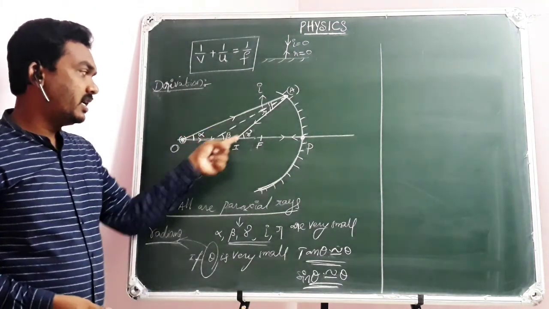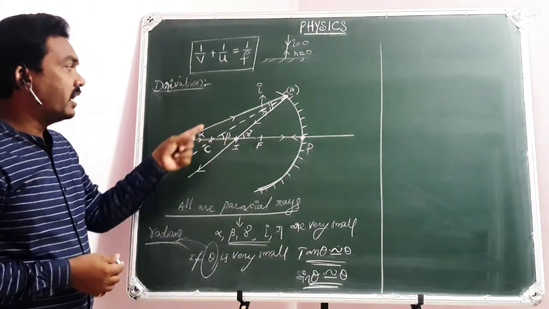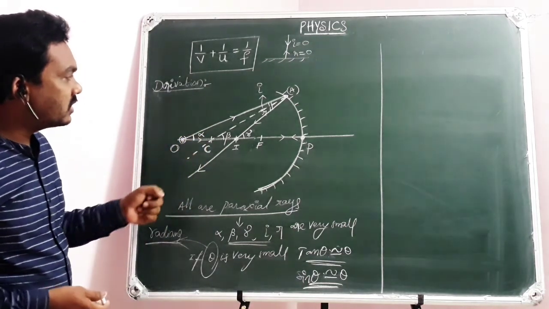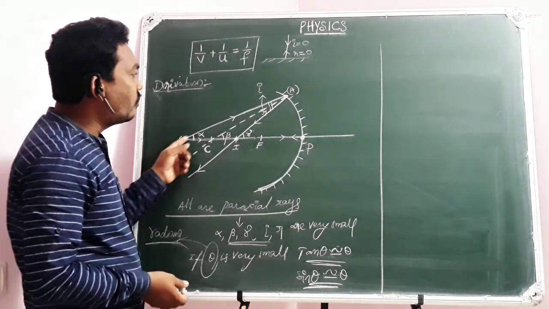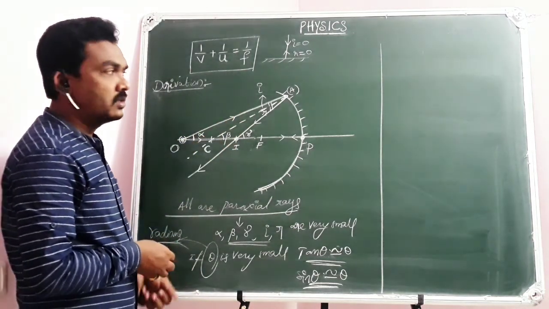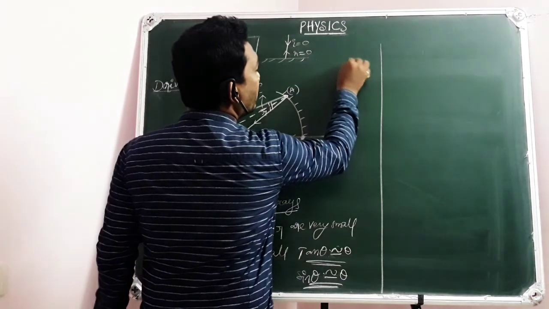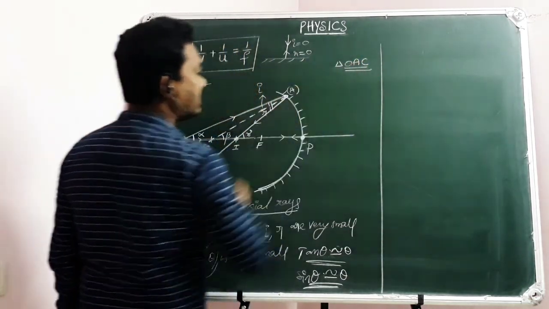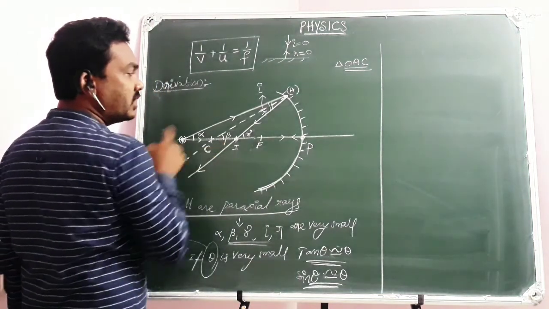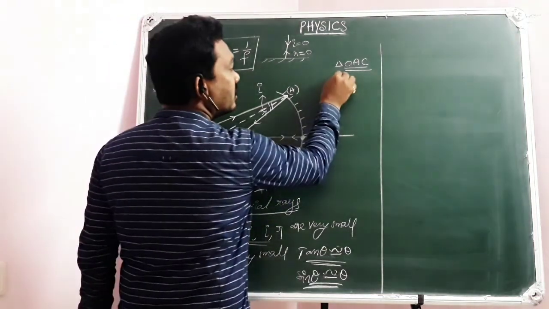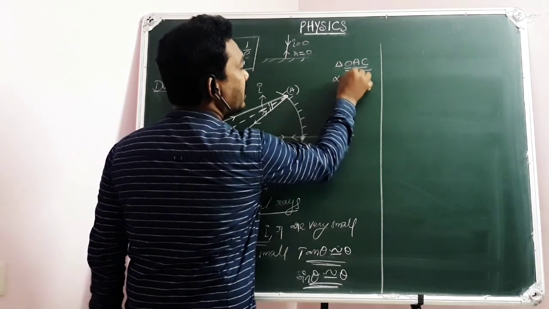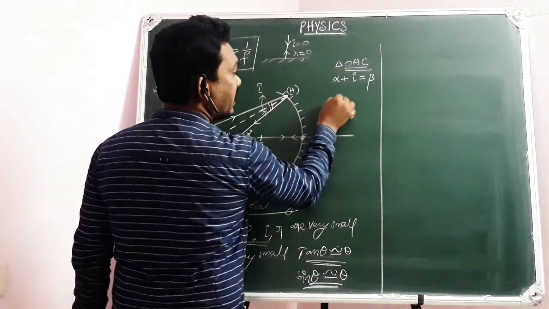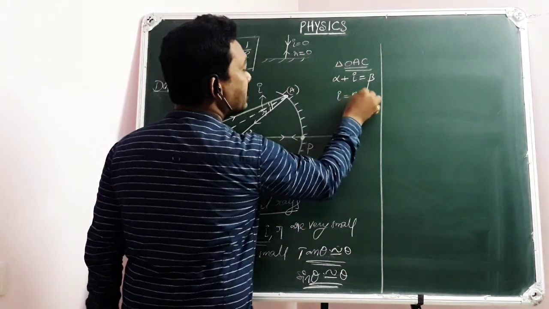See, so this is all the data that we are going to consider to derive the mirror formula. OA is the incident light ray, AI is the reflected light ray, i and r, angle of incidence, angle of reflection. But here now you can see in the triangle OAC, beta is the exterior angle, so I can write alpha plus i equal to beta. So immediately i equal to beta minus alpha.